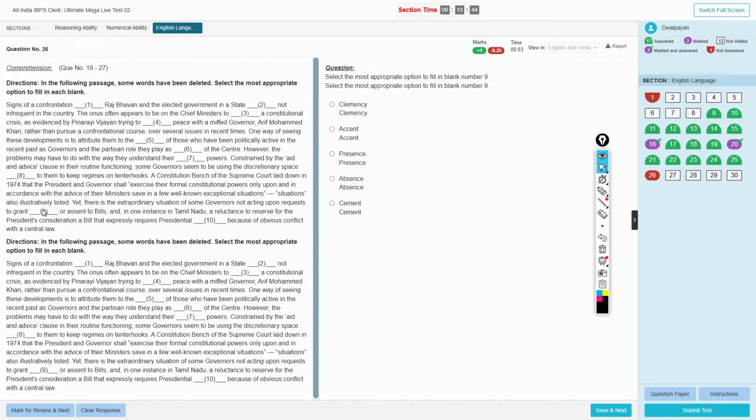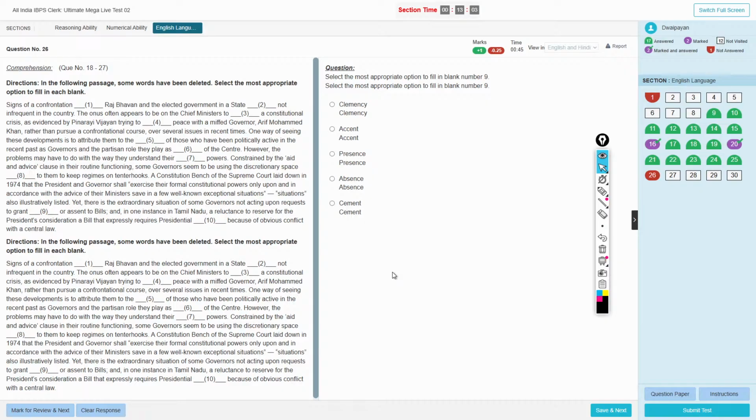So the ninth number is here. Okay, I'll just read it. A Constitution Bench of the Supreme Court laid down in 1974 that the President and the Governor shall exercise their formal constitutional power only in accordance with the advice of the ministers, save in a few well-known exceptional situations also illustratively listed. Here there is no extraordinary situation of some governors not acting upon a request to grant dash or assent